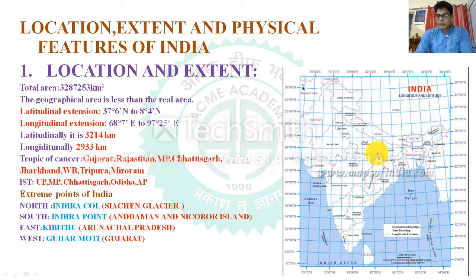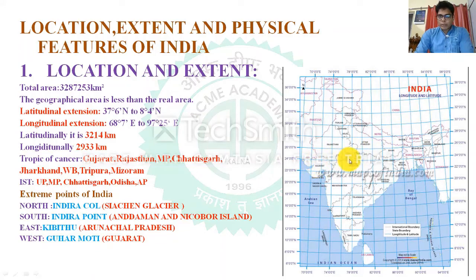So the sun rises from the east, that is Arunachal Pradesh. Arunachal means Arun, sun, so Arunachal Pradesh. The sun rises there first, and it reaches Gujarat after 2 hours. This is the difference, because the earth rotates from the western side to the eastern side, so the sun rises first in the eastern side. Then it slowly moves, sunlight comes here and here and here, and after that Gujarat last.